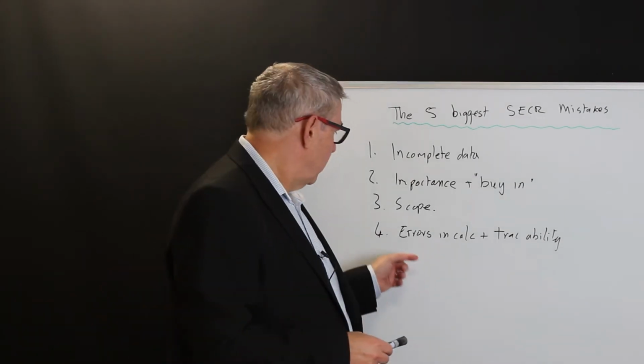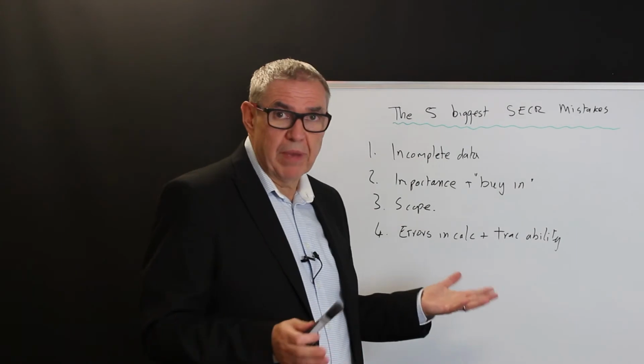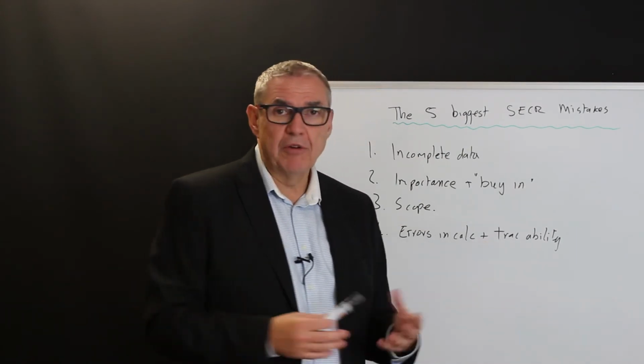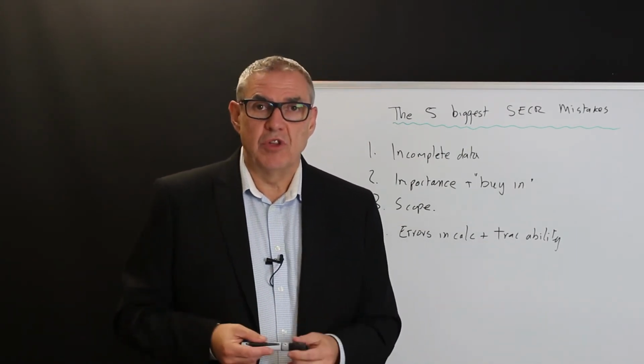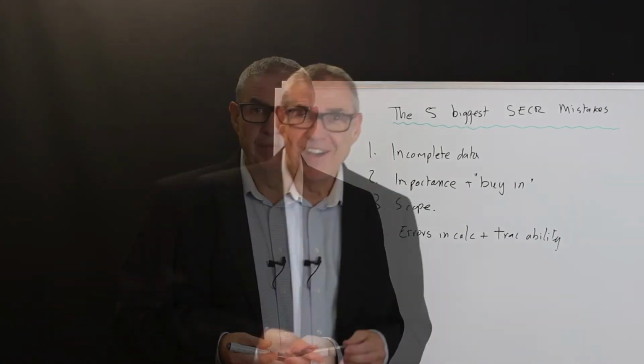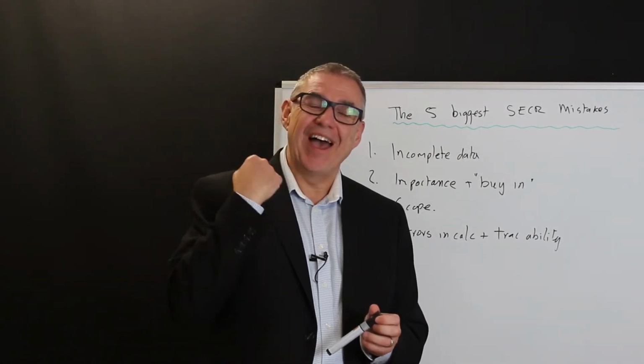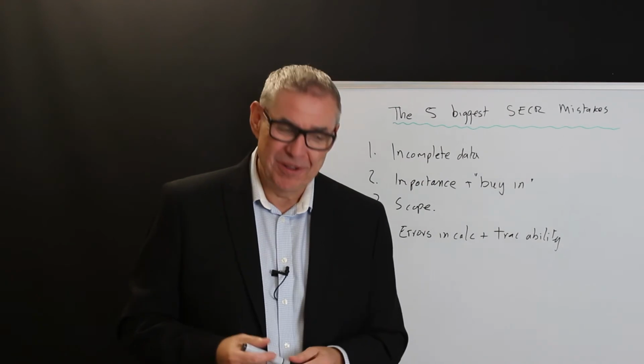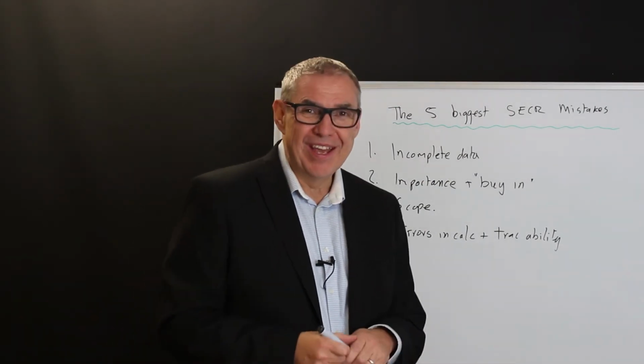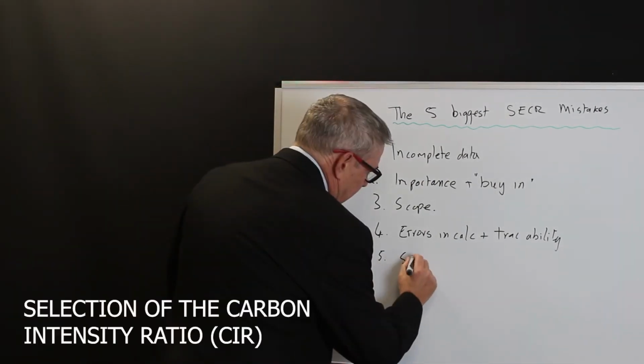So there's your fourth. Errors in the calculation, just basic errors, and also traceability. How did I get there? And that's all linked up to the audit trail. Very important document. Okay, the fifth and final mistake we see with SECR reports is the selection